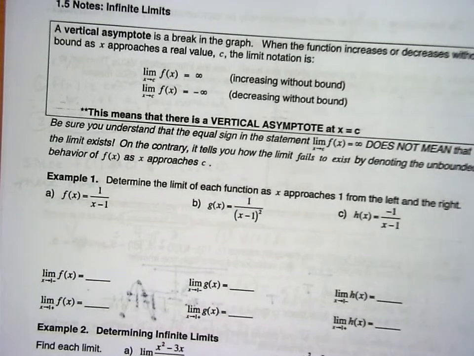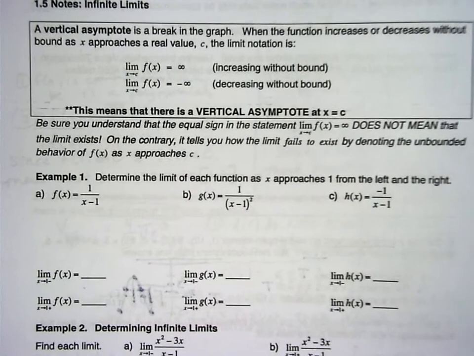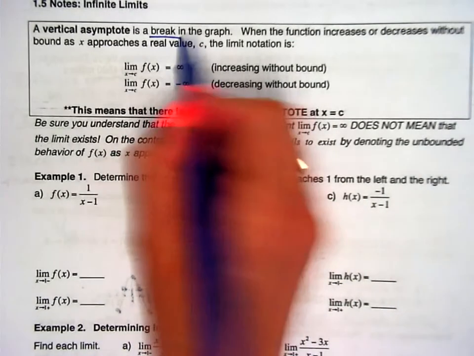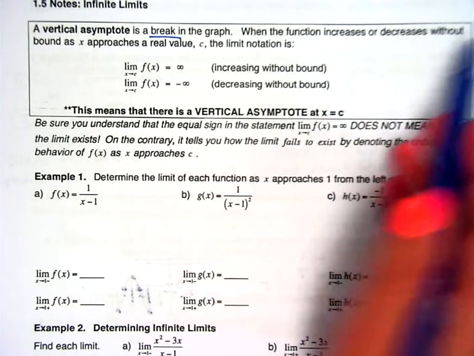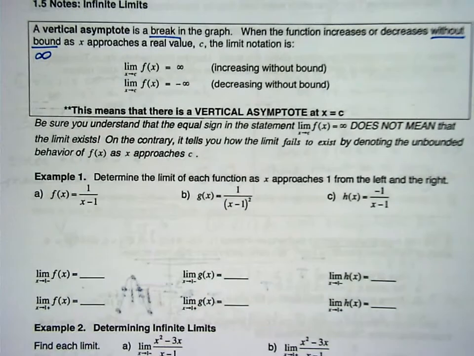A vertical asymptote is a break in the graph. Pretty simple, right? It's a break when the function increases or decreases without bound, we talked about that. That's the infinity thing, right? Increasing to infinity or decreasing to negative infinity. So anytime we have that infinity idea, as x approaches a real value c,